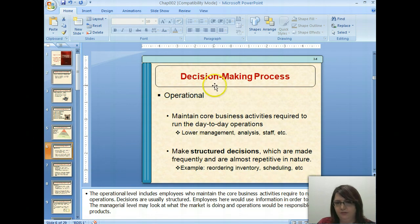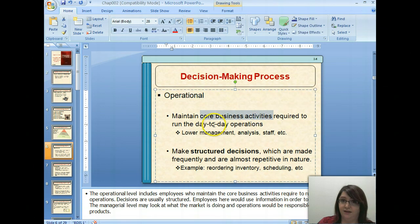Okay. Operational level. So they maintain the core business activities required to run day-to-day operations. They're usually lower management, analysis staff. You'll have like executive assistants, sales staff, lower level management, those who aren't going to make the bigger decisions. They're just going to decide on things like ordering inventory, doing a schedule. They're going to make what's called structured decisions. Those are decisions that don't require a lot